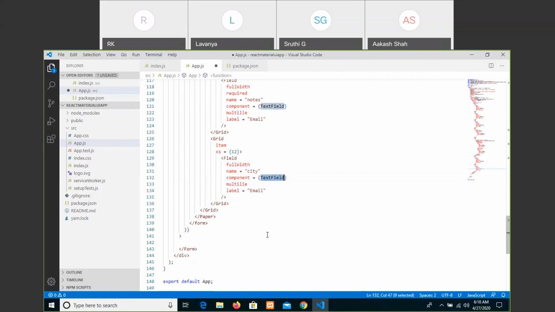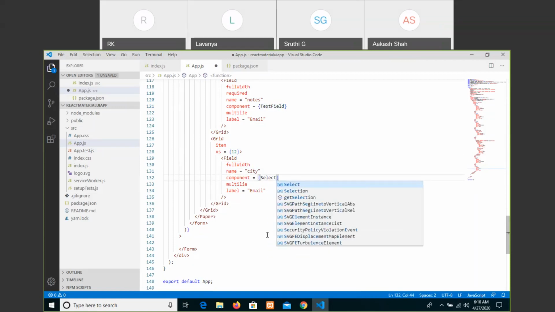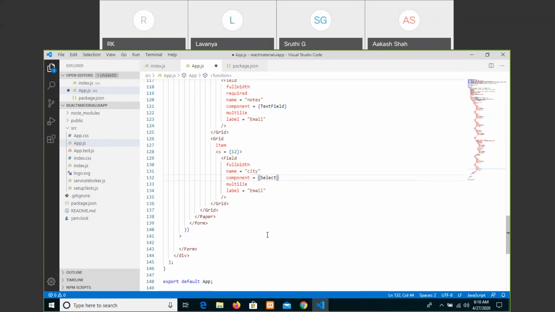So I'm writing here select, where as a label, remove this one multi. Oh, here it is multi line.